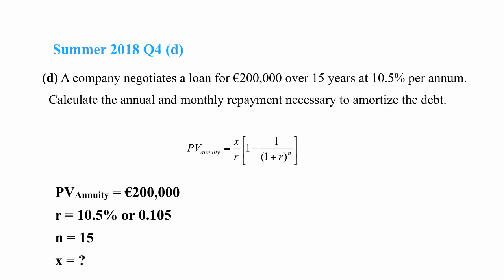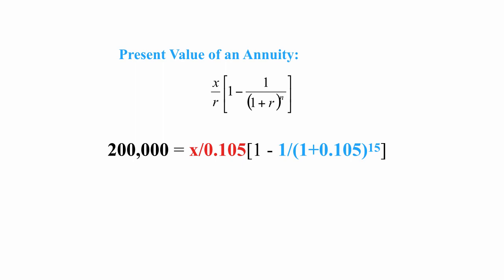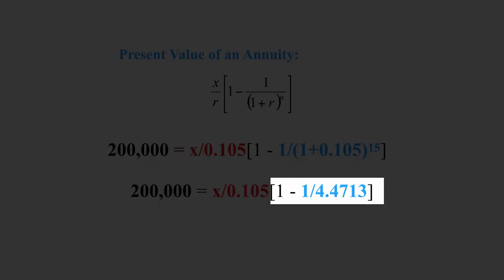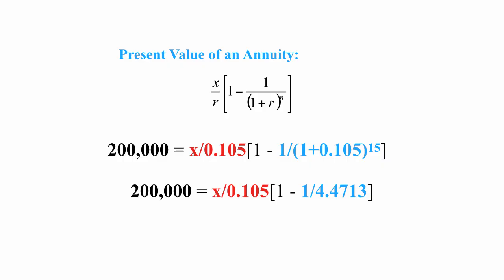Plugging all those values into the formula, we have your present value of the annuity of 200,000. That's equal to X divided by your 0.105, which was, remember, your 10.5%. And again, I broke it all up into the colors there. So we're going to concentrate on what's in blue first. So 1 over 1 plus 0.105 to the power of 15. So 1.105 to the power of 15 gives us our 4.4713. We divide that into 1,